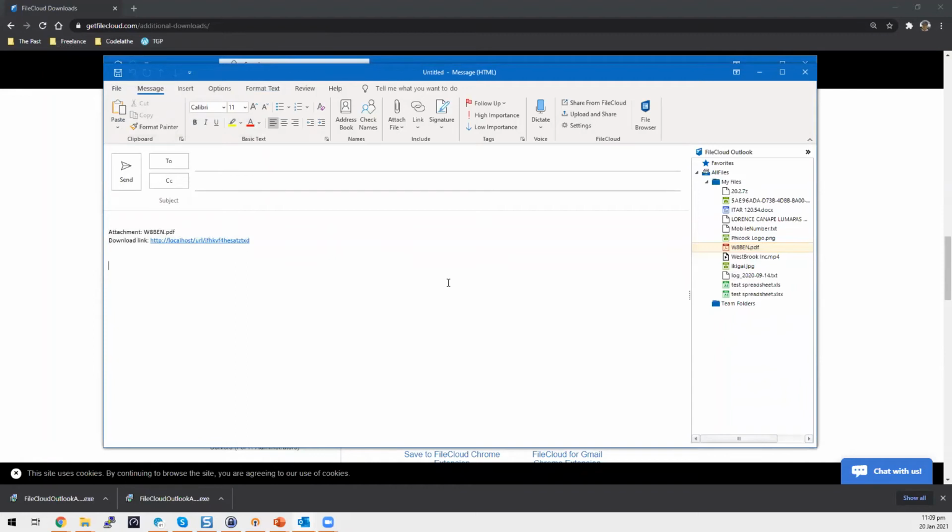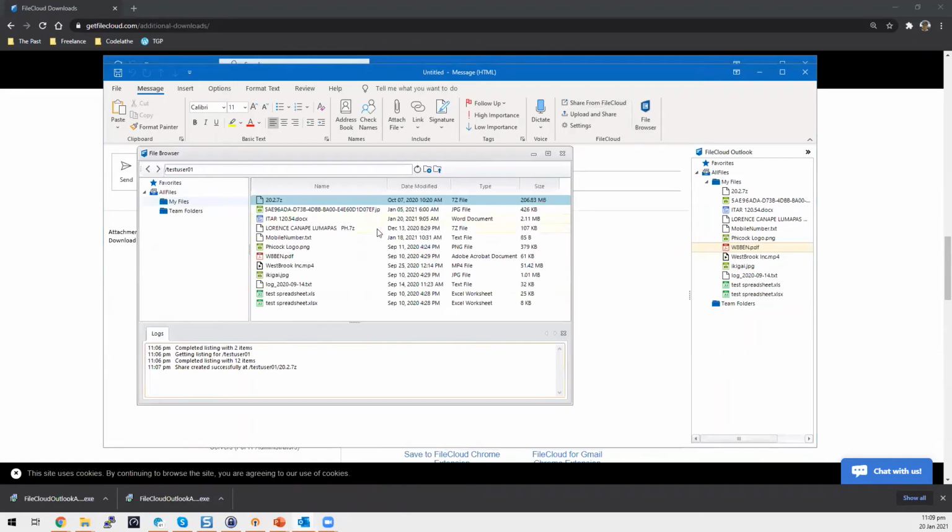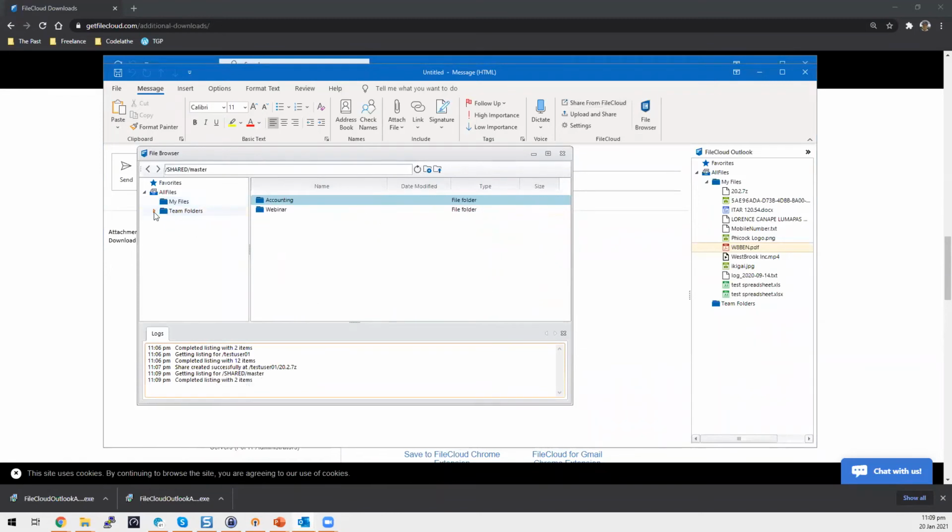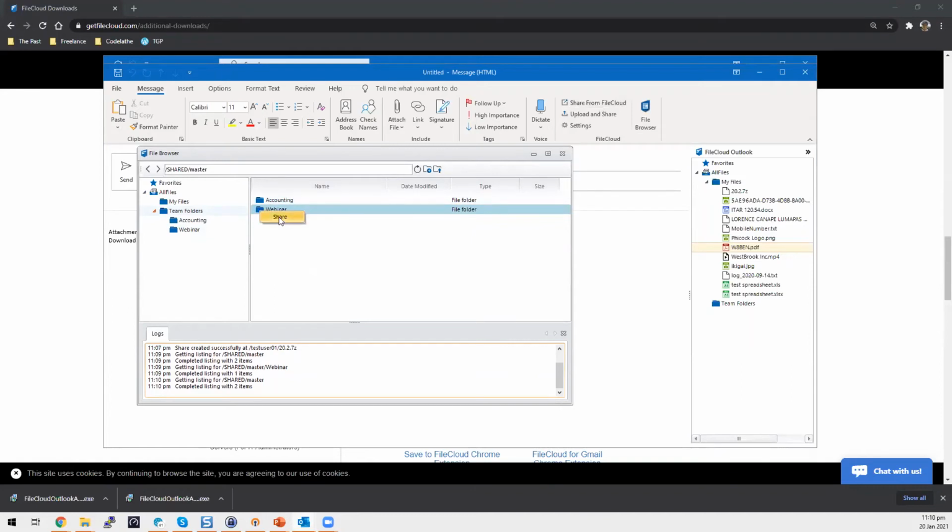Now I'm going to show you how it would behave when you're sharing a folder. This time, for the sake of the demo, I'm going to use File Browser. And I wanted to go into Team Folders and share the webinar folder. I can highlight the webinar folder, right-click, click on Share,